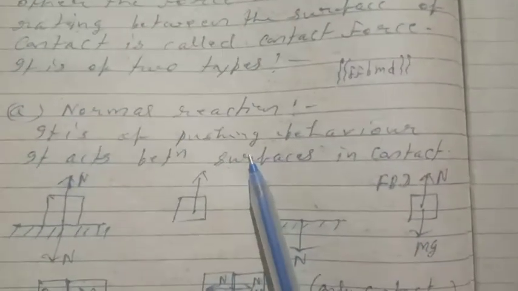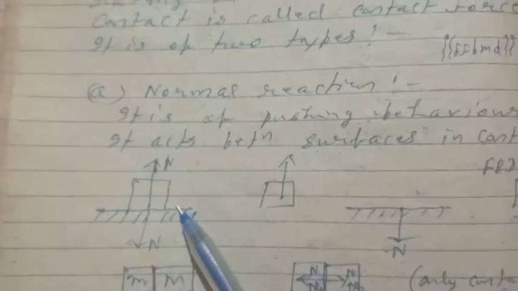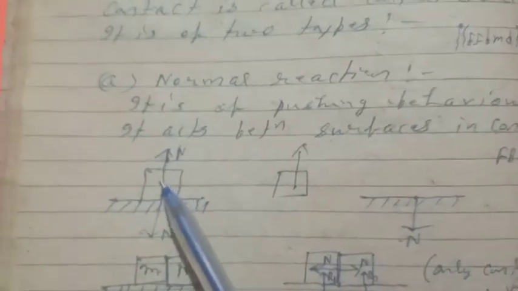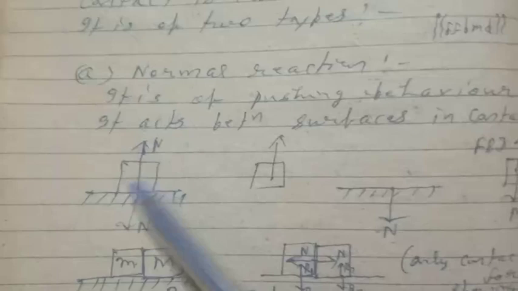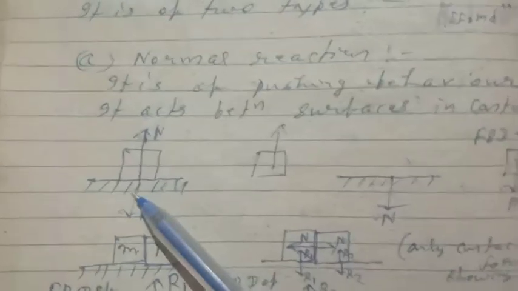It is of two types. Normal reaction is of pushing behavior, and it acts between surfaces in contact. For example, a body is placed on a table, then there will be a contact force acting between the two bodies. The table will exert a contact force on this body in the upward direction, and this body will exert a contact force on the table in the downward direction, and both forces will be of the same magnitude. That is, the directions will be opposite, but the magnitude will be the same. For example, this body is experiencing contact force in this direction and the table is exerting contact